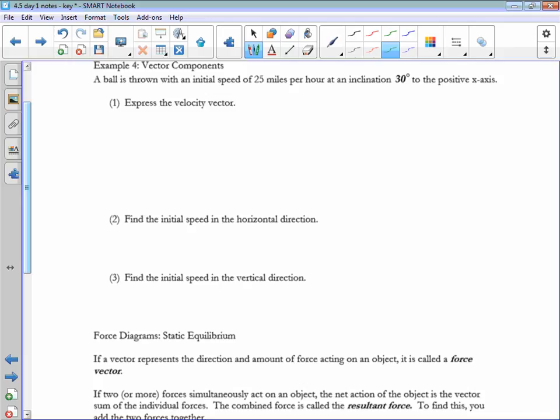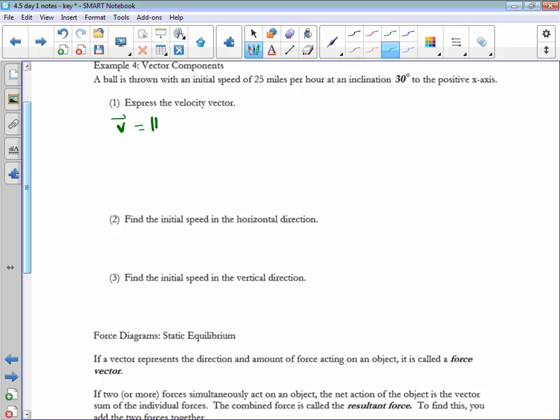Okay, so now it's really going to feel like physics. We have a ball thrown with an initial speed of 25 miles per hour at an incline of 30 degrees to the positive x-axis. We're going to express the velocity vector. Okay, so we're going to use that formula we just wrote down that talks about the magnitude and the direction. So my vector,